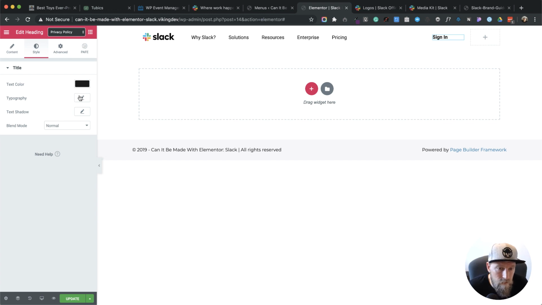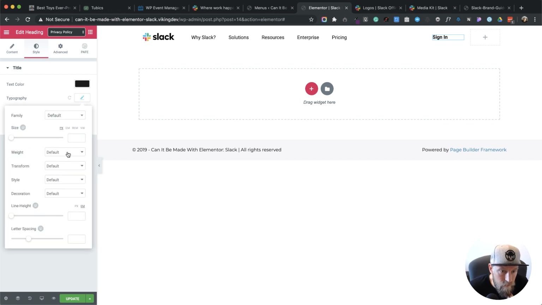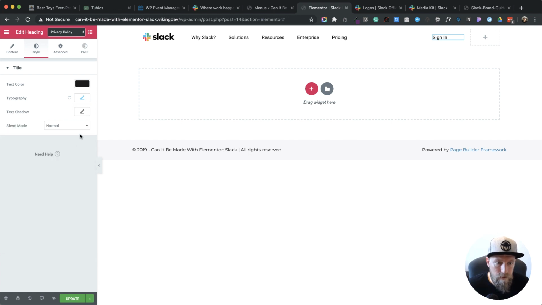And typography, we're gonna change to 400. Let's change the size to 15. It already is 15 because I set that in the theme. Okay, and then